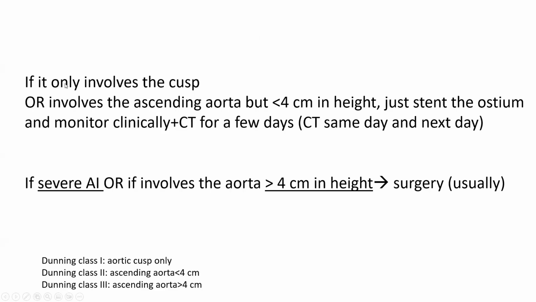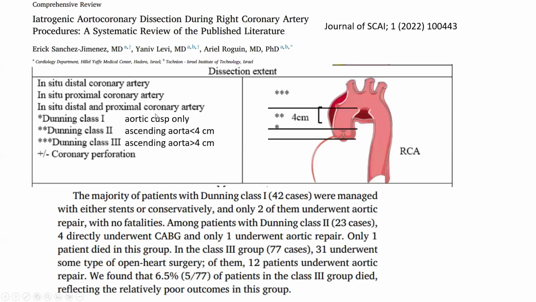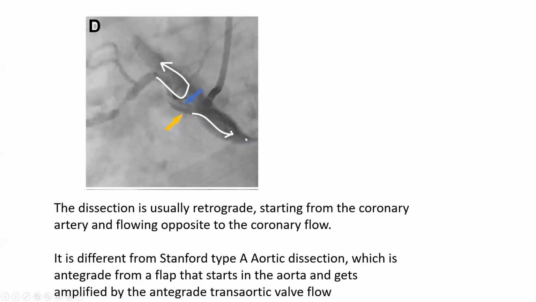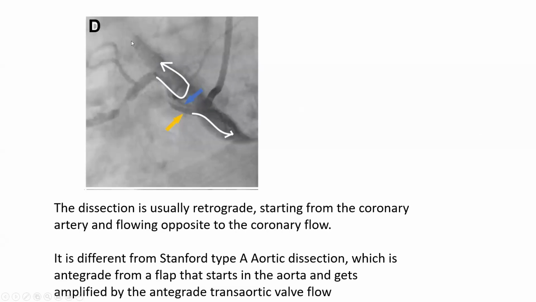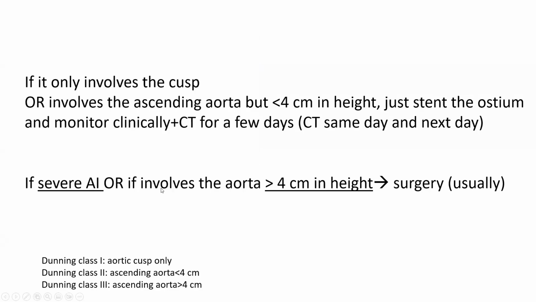And when that retrograde coronary dissection only involves the cusp, what we call cusp dissection, or it also involves the ascending aorta, but less than 4 centimeters in height, not longer than 4 centimeters,